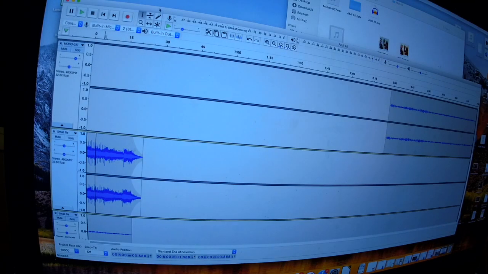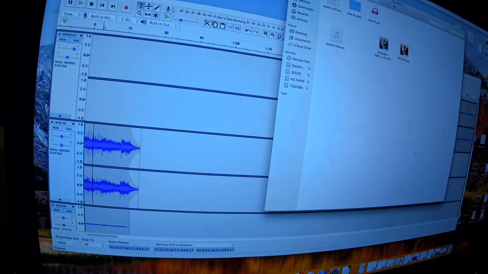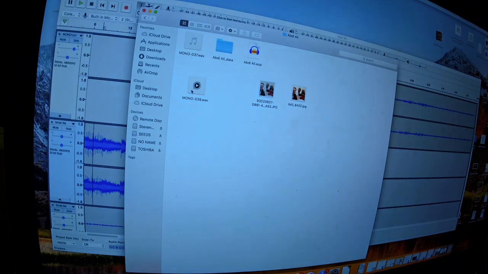Alright, so this is in the Audacity program, and you can see there's multiple tracks here. So this is one, this is a second, and this is a third. And the way that you do things is that you get the file that you want. So this one was with Abdi and Osman, so I saved it down as a file that just came off of the chip, and I just drag it into the program.